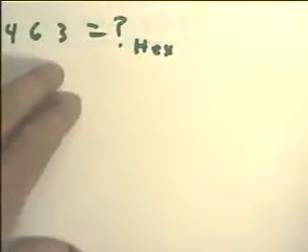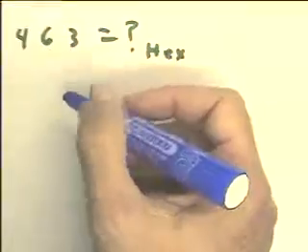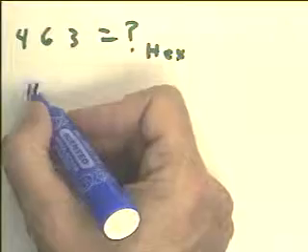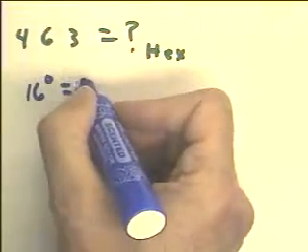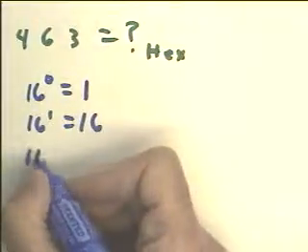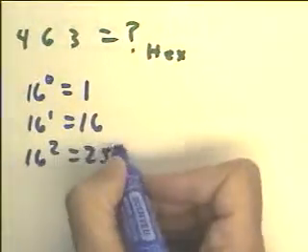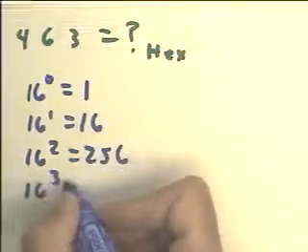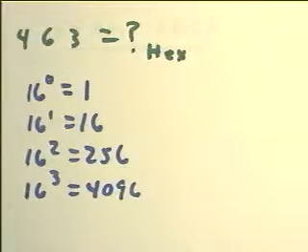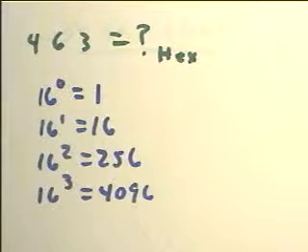Let's represent the number 463 in hexadecimal form. In hexadecimal form now, the first digit represents, remember we're talking powers of 16, 16 to the 0 is 1. 16 to the 1 would be 16. 16 squared would be 256. 16 cubed is 4096. We're not going to need this. In order to make up 463, we're going to use